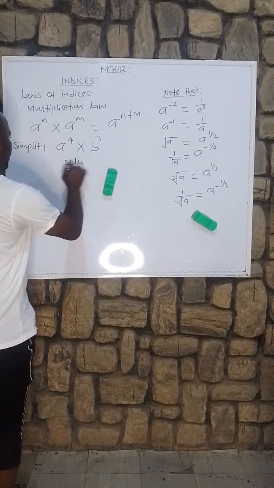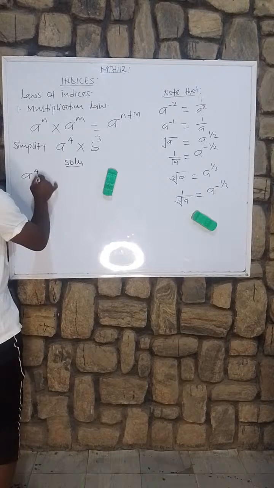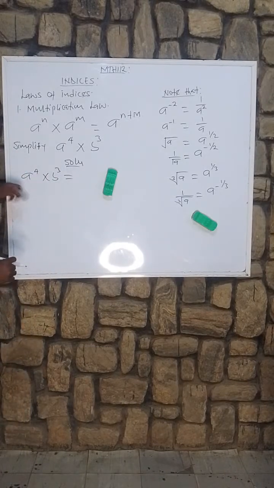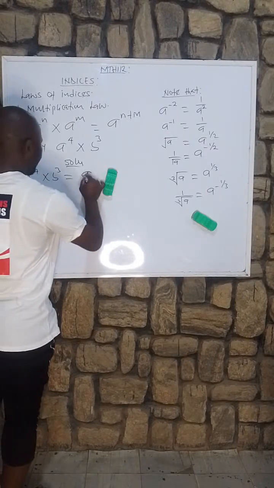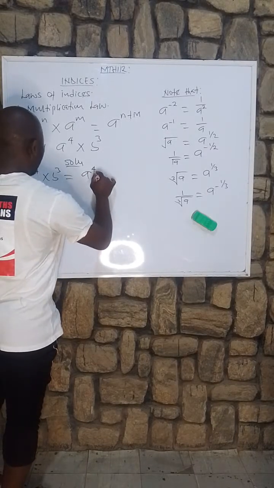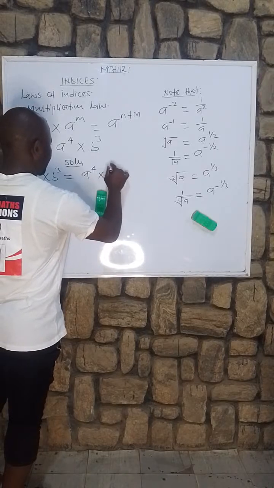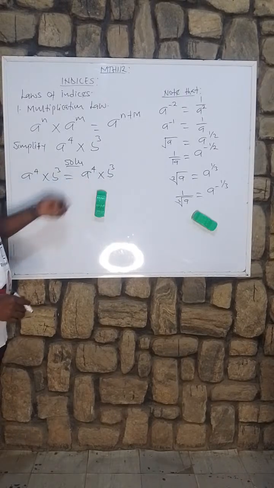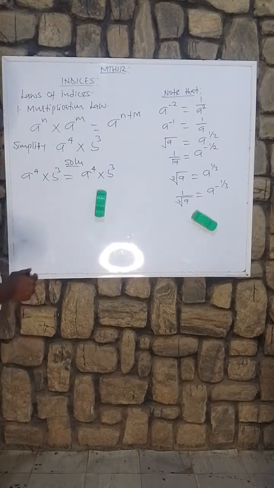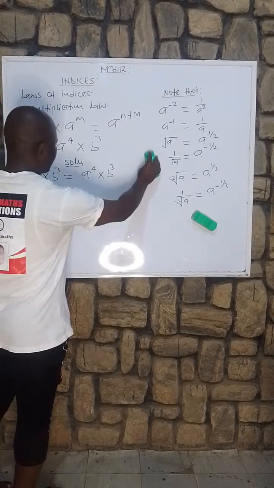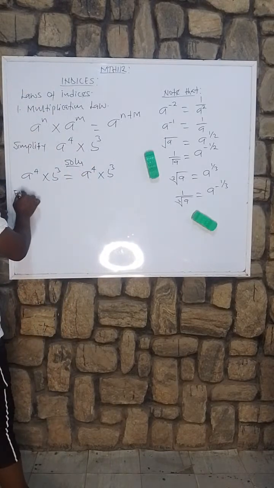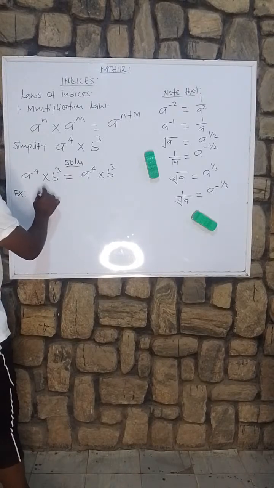So you write the solution: a raised to the power of 4 times b raised to the power of 3 is the same answer, a raised to the power 4 times b raised to the power of 3. Please take note, because the bases are not the same. So you just leave it like that. Yeah, sometimes your questions might not come in this form. Sometimes they may say, for example, simplify or evaluate